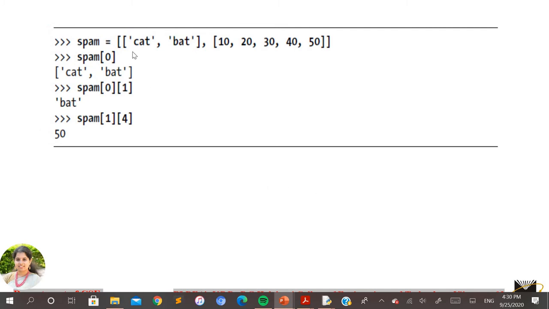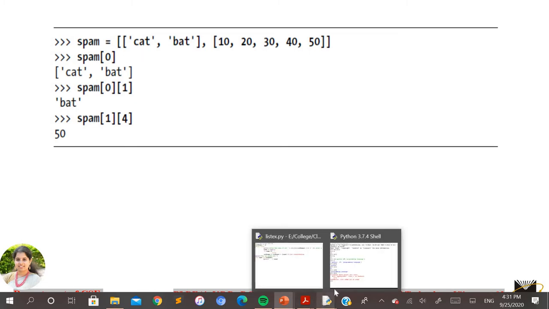There is one more example in which you can see the element of a list is another list. So this is also possible in Python. Here a list is not restricted only to strings, integers or float types. You can also have another list as an element of the list. That means a list nested into the outer list. So I just want to show you with an example here.